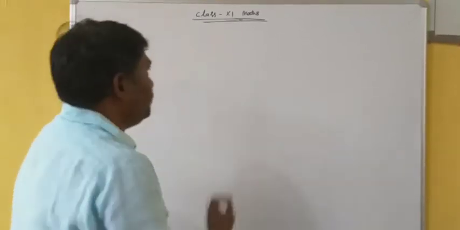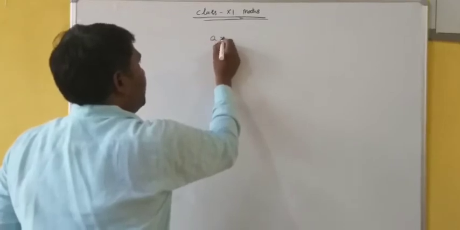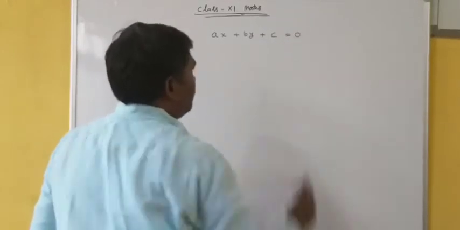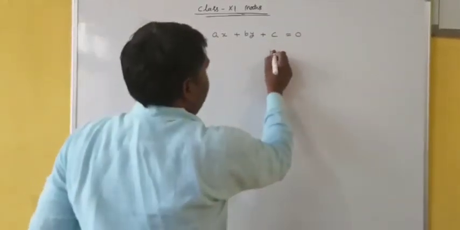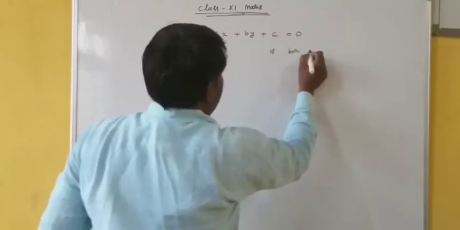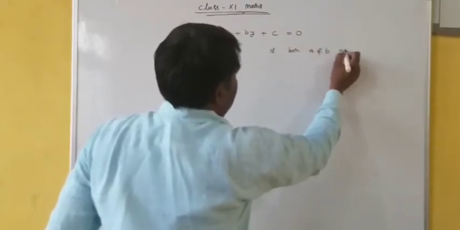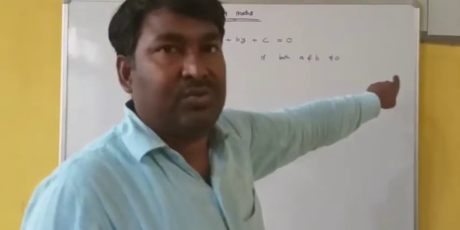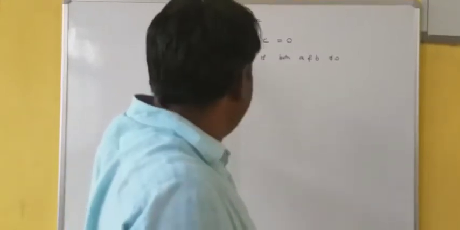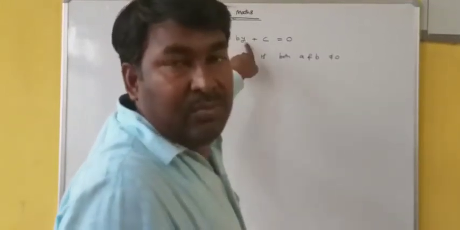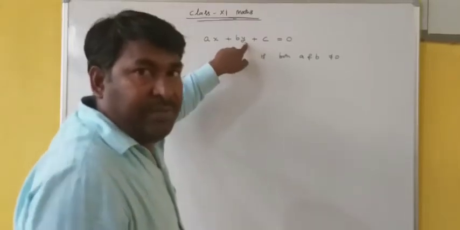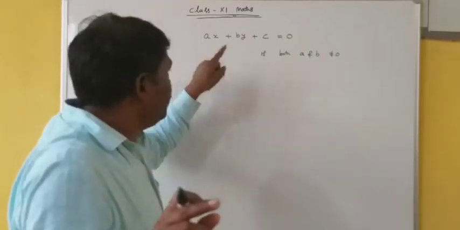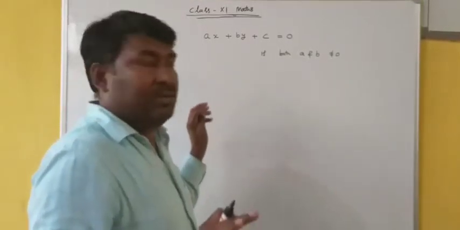Okay, let's see. Any equation of a straight line in the form ax plus by plus c is equal to 0, where both A and B should not be equal to 0. Both simultaneously should not be 0. Even if A may be 0, then B must not be 0, or if B is 0, then A must not be 0. If both A and B become 0,